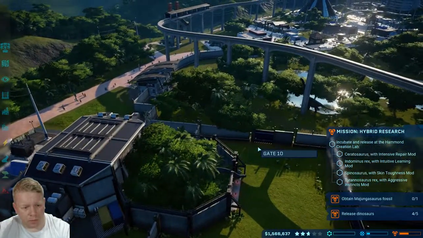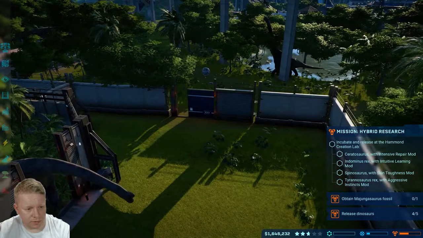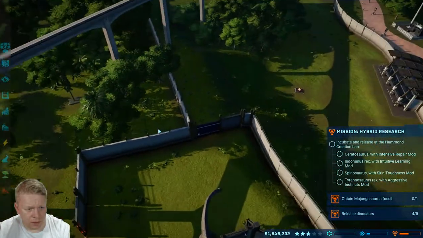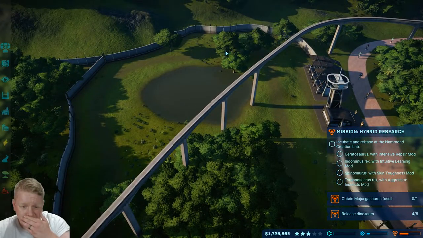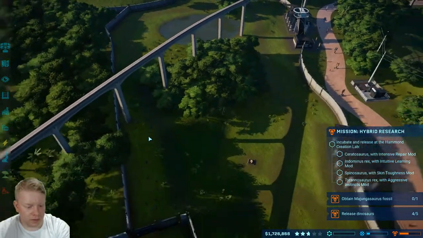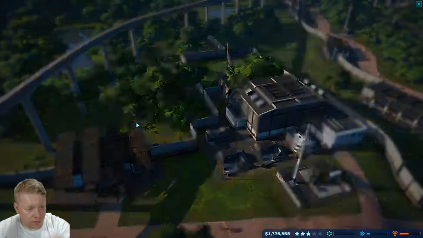So we've got the 4 brachios now. We'll go ahead and open the gate ready for this one. And then obviously this side will be Rexy's. Rexy's little place. It could be Indominus' little place, I don't know. So we can make... I mean that